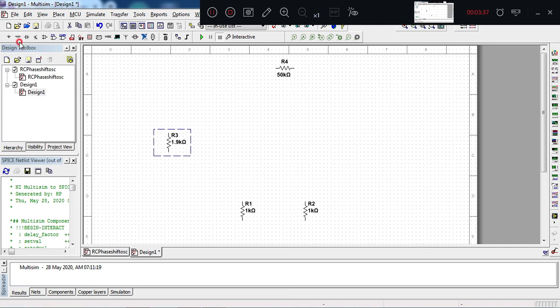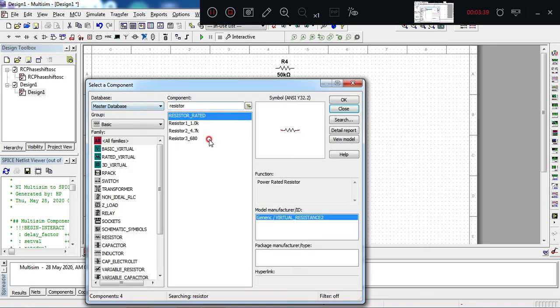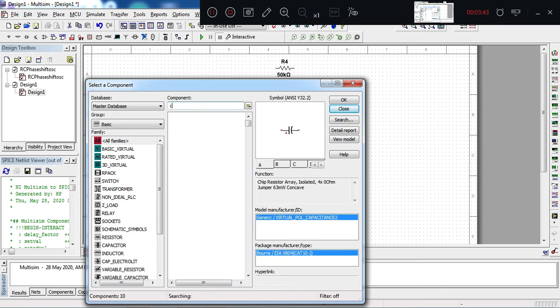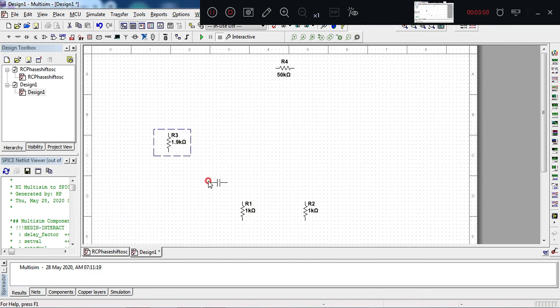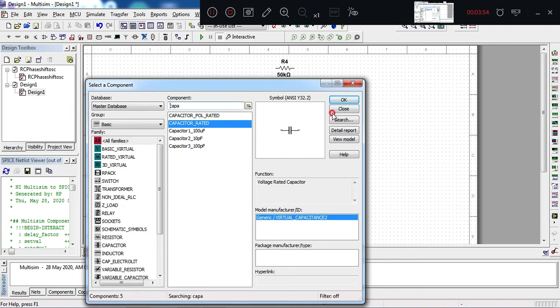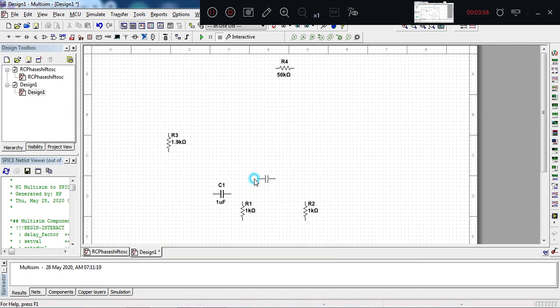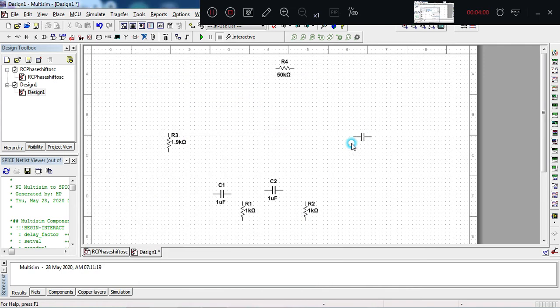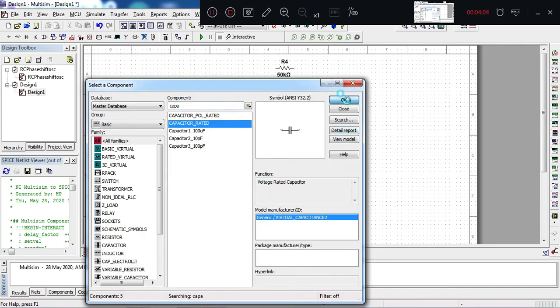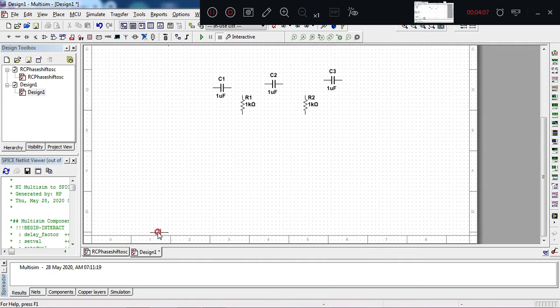Then we need capacitors. We have selected 3 capacitors.